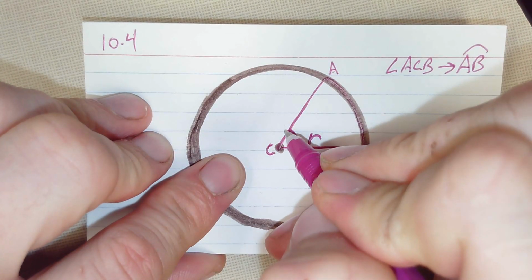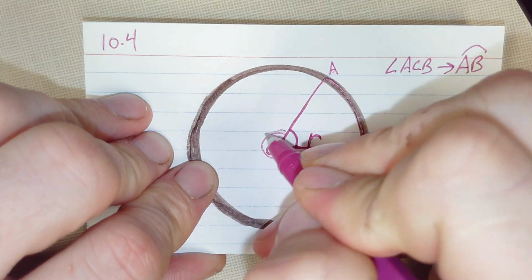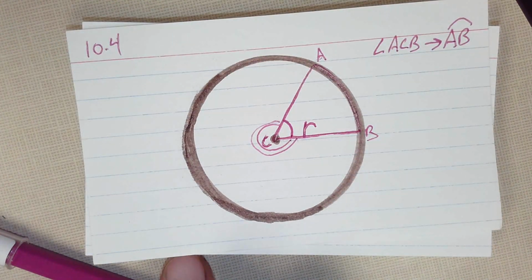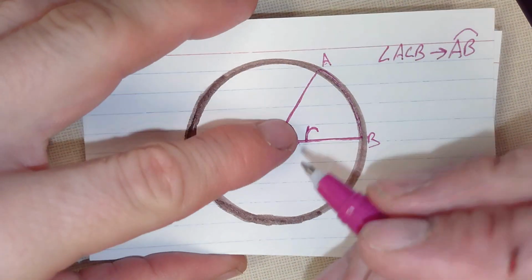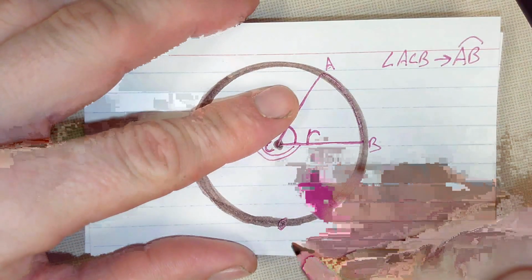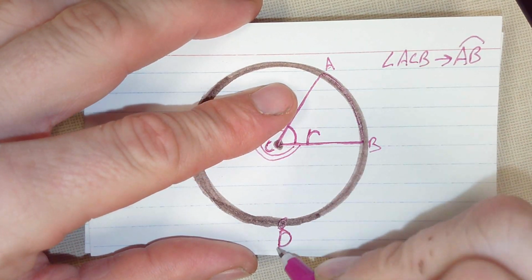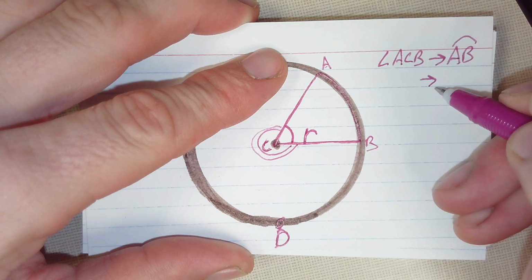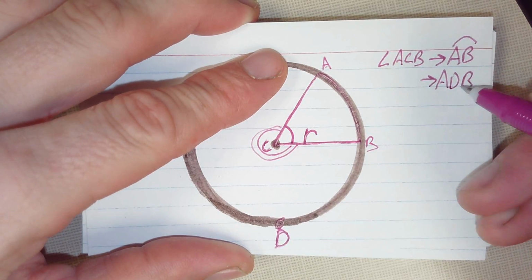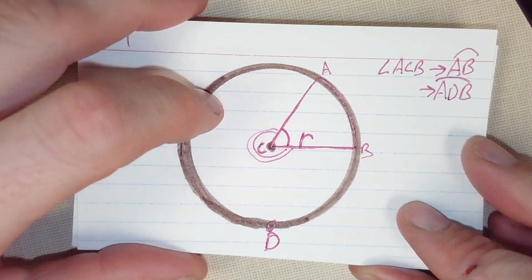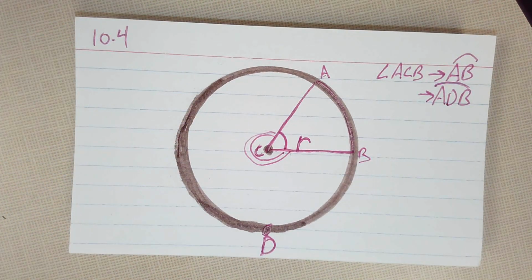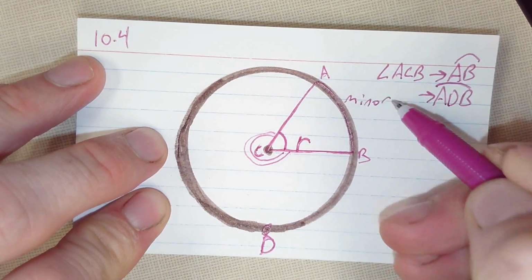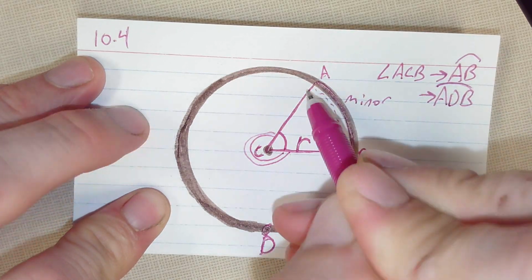Then there's this bigger arc. In order to identify that one, we'll take another point out here. We'll call that D, and we're going to call that arc ADB. So that's two ways to differentiate the two different arcs identified by this circle. We have the minor arc from here to here, and we have the major arc